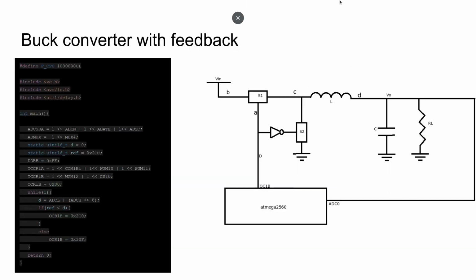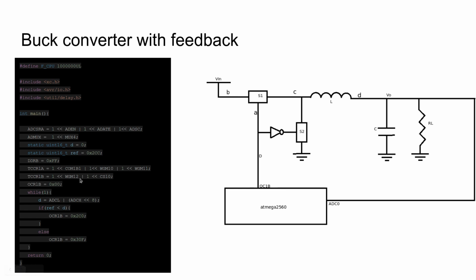Next we'll see the same buck converter with a load and feedback. The feedback is via the ADC in the Atmega, which we'll process to try and set the output voltage against a reference. This is the small C code. I'm not going into the details of the C code and the control logic. In essence, the reference is 2CC, which sets a duty cycle of 0.7. It's essentially 0.7 times 1024 converted to hex.